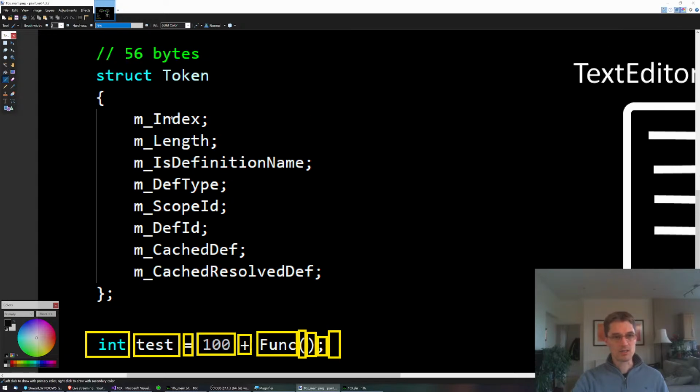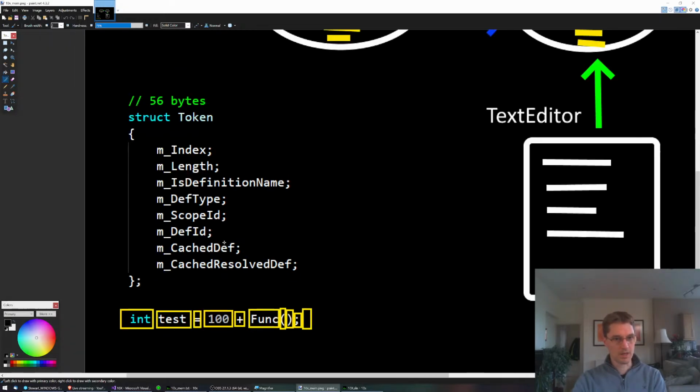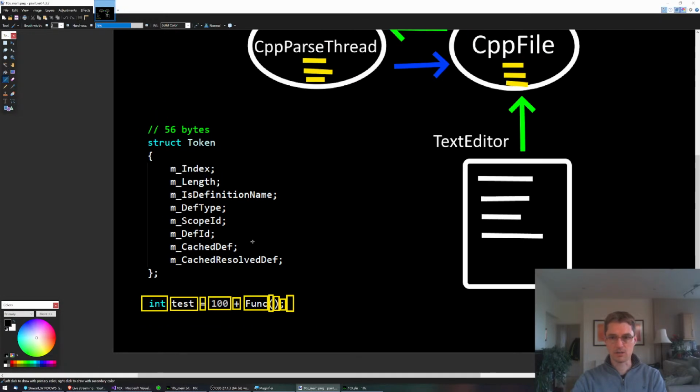And a token is currently 56 bytes, which stores data like index, length, etc., and stuff for the parser and the syntax highlighting. I can't really squash it down any more than that, unfortunately. So that's the best I can do there. So what happens is,